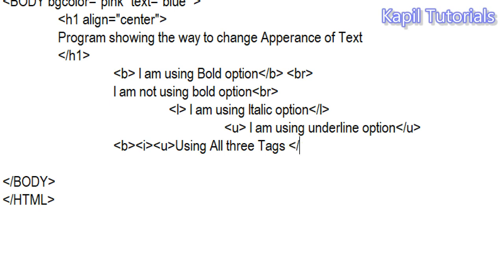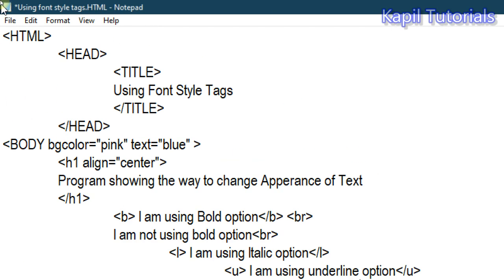Then bold, italic. I've forgotten to close, so I'll just close this. Underline. So once I've done this, you know what I should do.